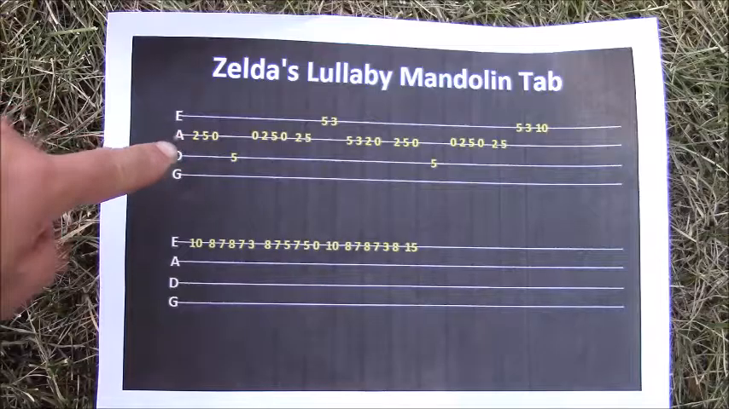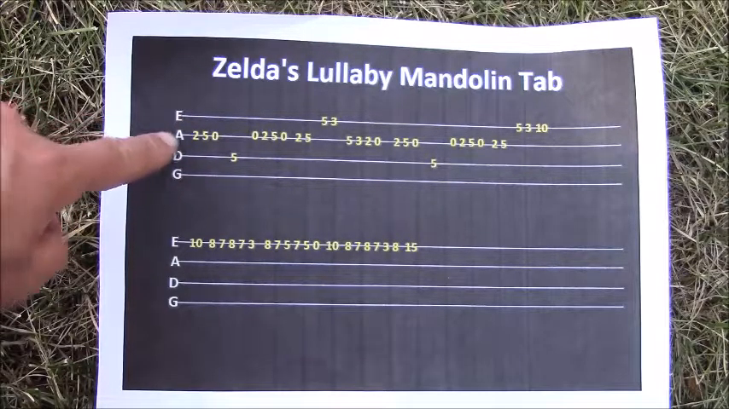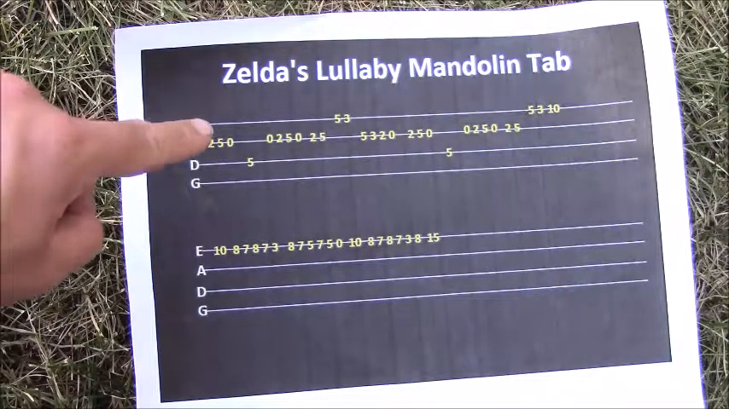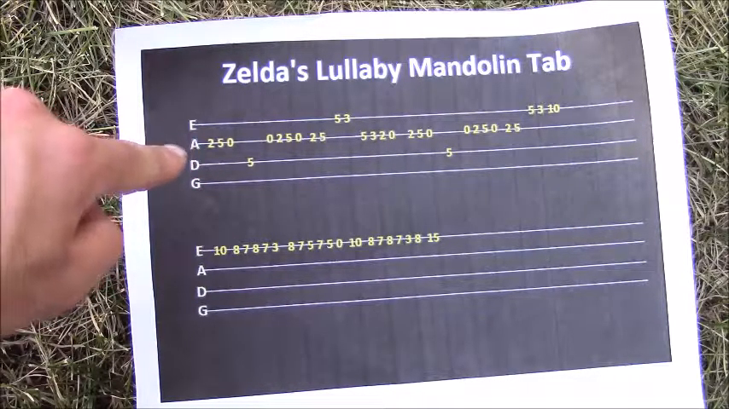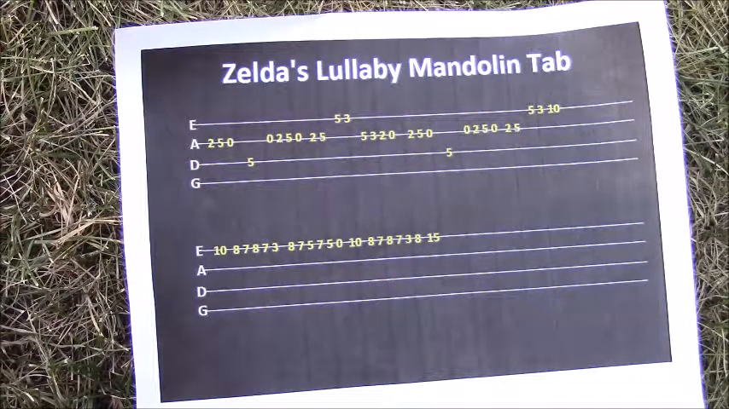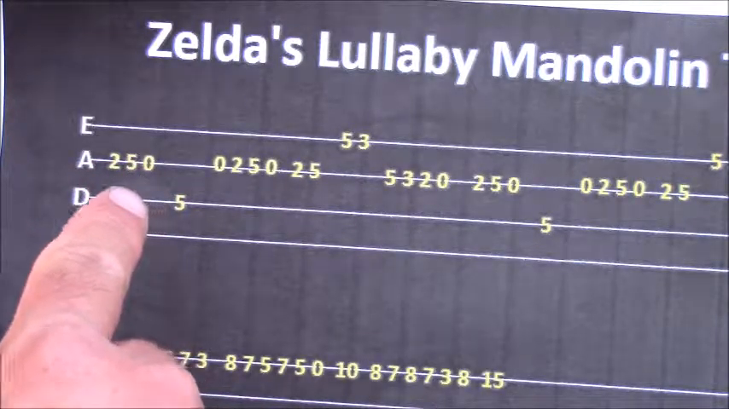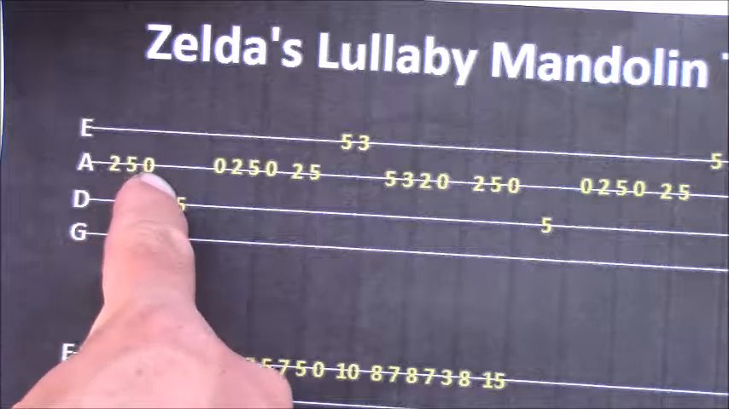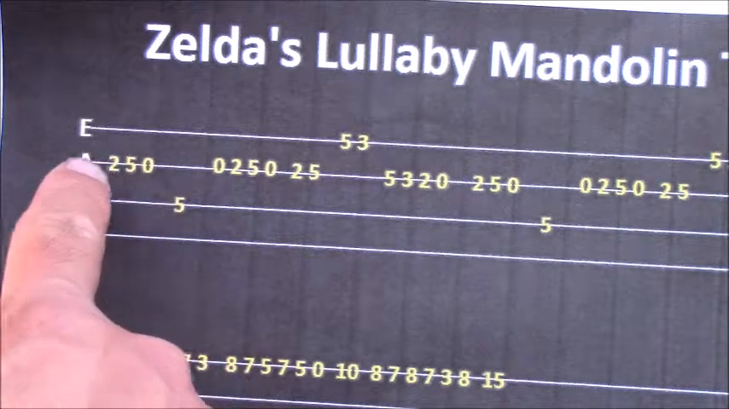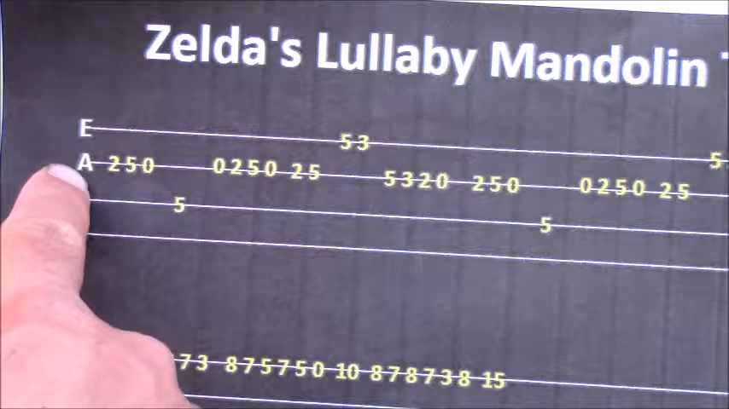The numbers represent a note you're supposed to play by holding down a fret. So when you see a 2 right there, you would hold down the 2nd fret on your A string and then you would play that string. When you see a 0, that means to play an open string. So right here, you wouldn't hold down any frets, you would just play the A string by itself